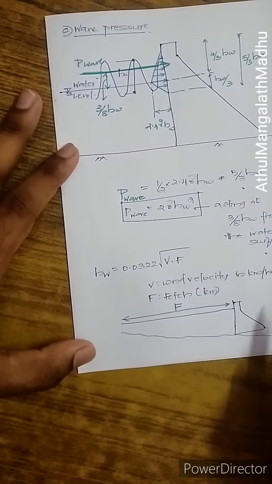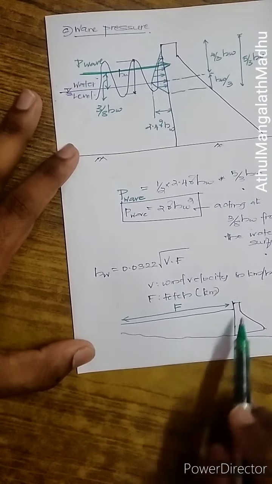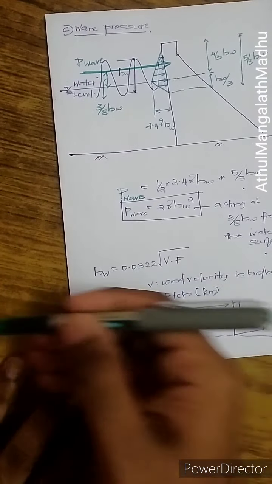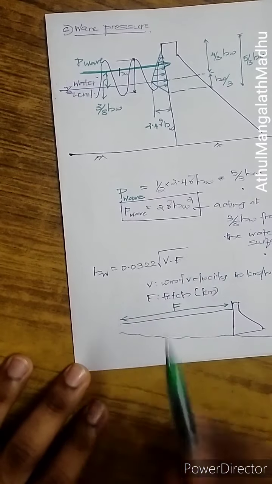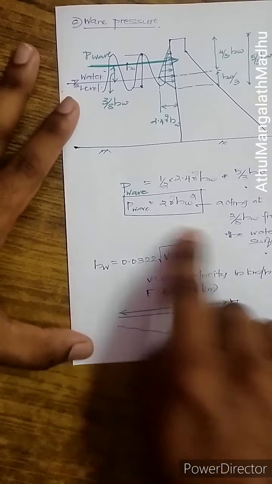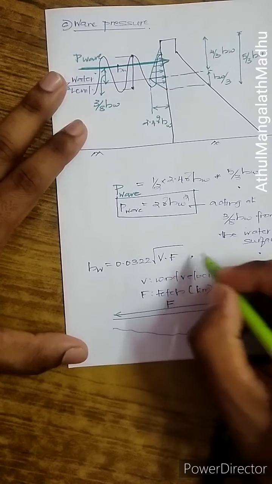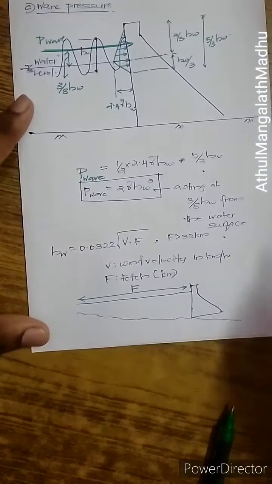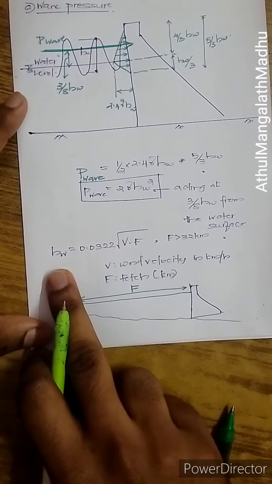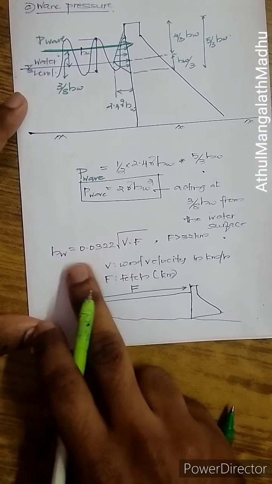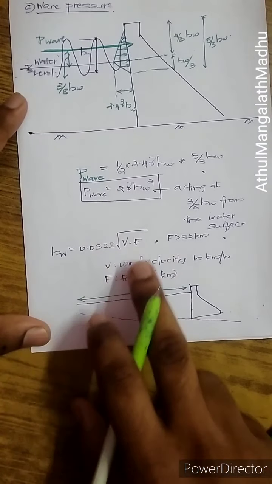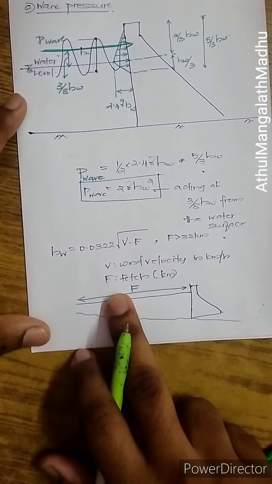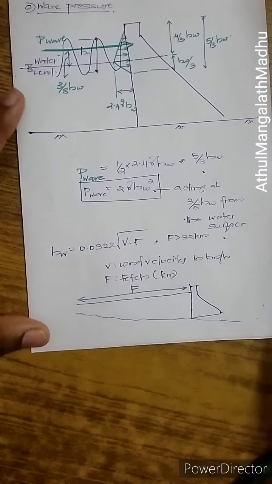So you have a dam like this, and this is a ground surface going, and the water surface will be going like this. What's the length perpendicular to the dam? That length, the expanse of water, is called the fetch. So this is how you find the height of the wave, and this equation is applicable when the fetch is more than 32 kilometers. The height of the wave is calculated by using this equation, 0.0322 root of V into F, where V has to be substituted in kilometers per hour, and F has to be substituted in kilometers, and this is how you find the height of the wave.